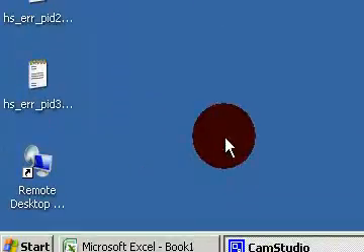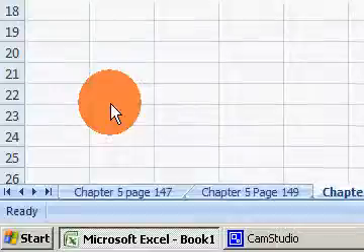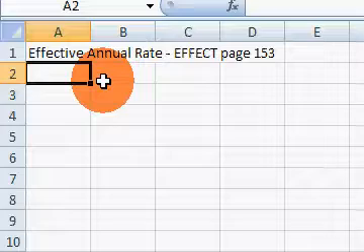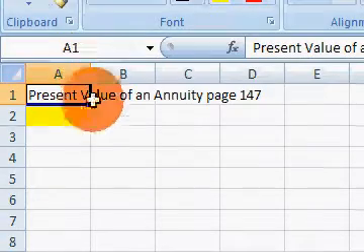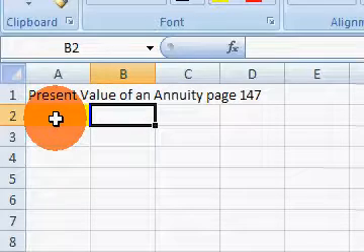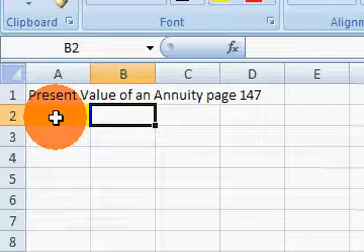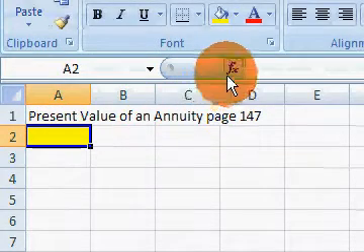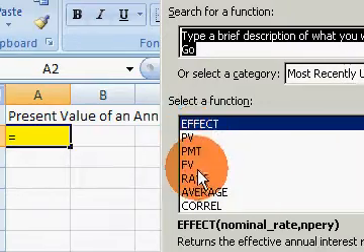Okay, in this lesson I want to show you a few more examples from Chapter 5. We're going to start out on page 147, the present value of an annuity. And this is what's called a regular annuity. So how much would I have to invest today to make sure I receive these cash flows at the end of every time period? So we're going to go back up to f of x, and we're going to find